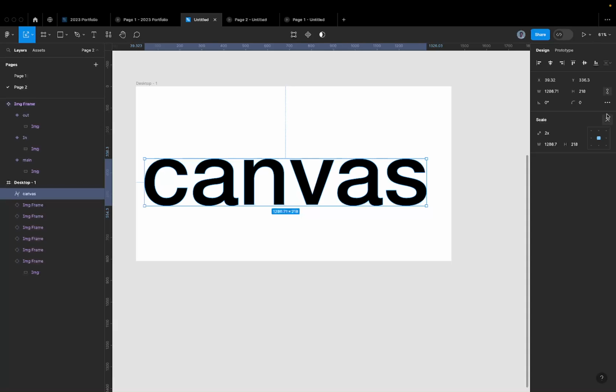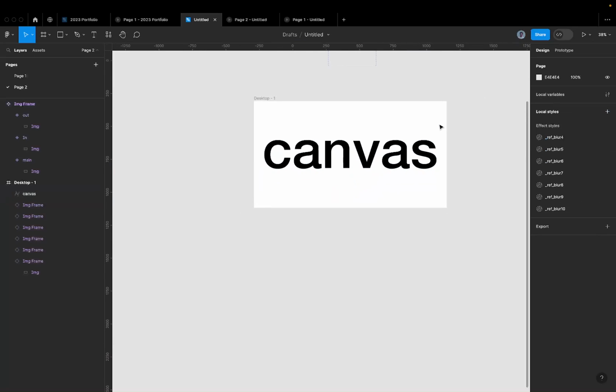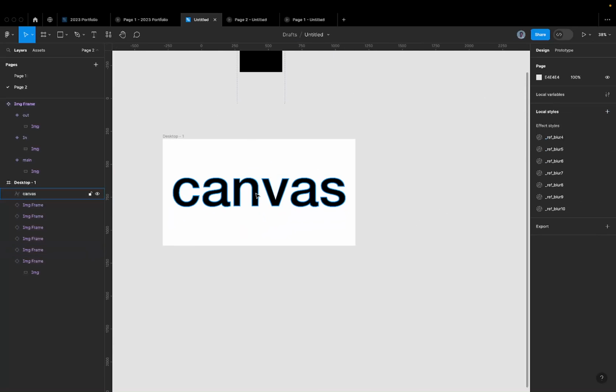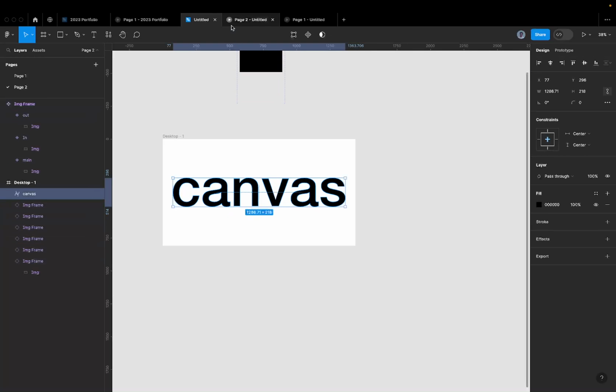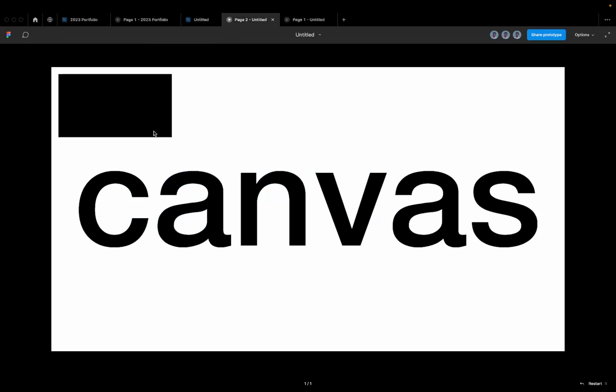And then I'm going to constraint properties and then just centralize in the middle of my design. So canvas, you have this text in the middle of the design. I think I'm going to get an interaction. I will see if I can get an interaction of this canvas in a moment, but sorry, after we're done with the main one. So you have canvas here, and then you can see that